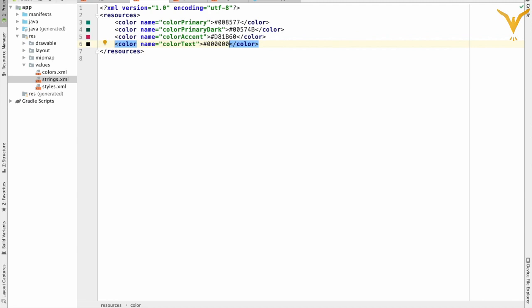Yes. You can check the color also in your application. What I suggest is to set color according to your requirement, according to your theme. That means if you look at the other applications which are available on your Play Store, you will get to know how we can set the colors according to our theme.